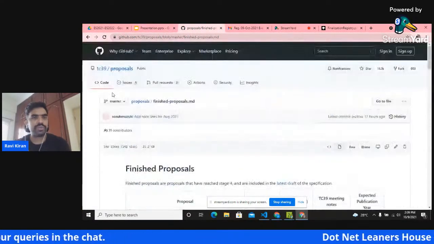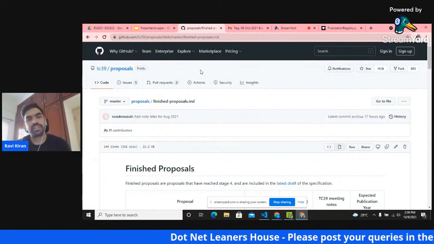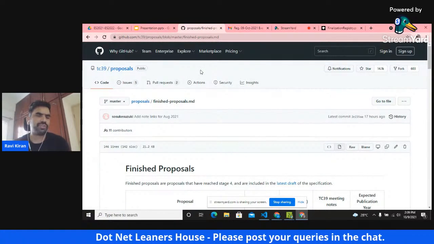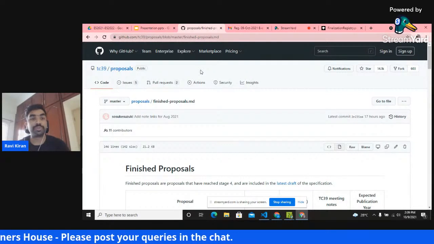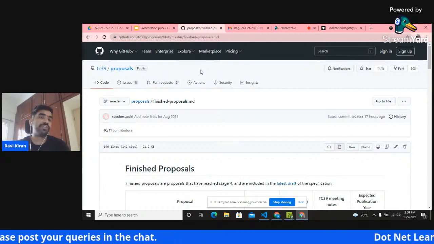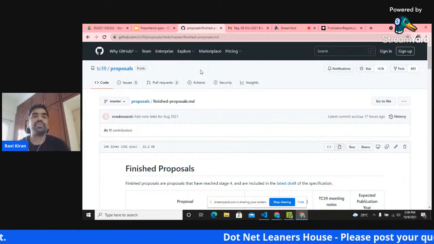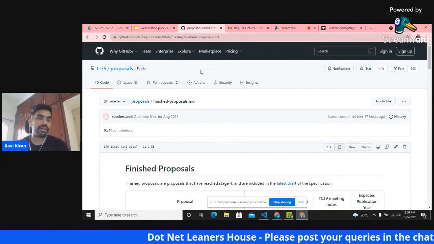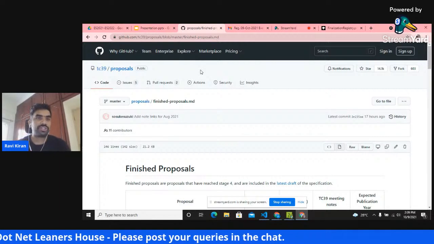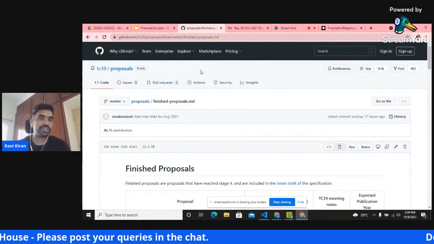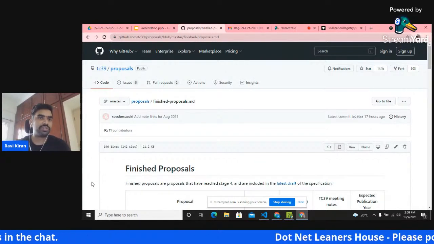Yeah, so the ECMAScript community has this repository called proposals. So this is a repository in GitHub, so anyone can view it and anyone can fork it and submit a new proposal to it. So if you have a feature for JavaScript in mind, then you can document it and send it for the review. And it goes through certain process and different stages of review and consideration. And once a feature reaches stage 4, then it will be considered for the next release of the language.